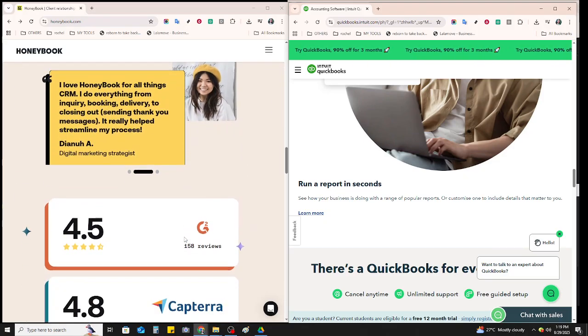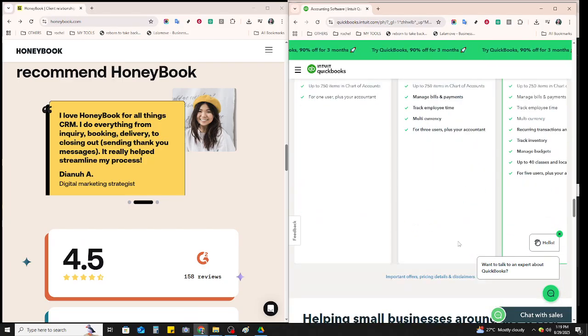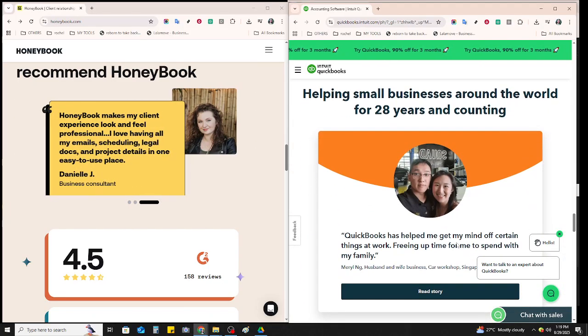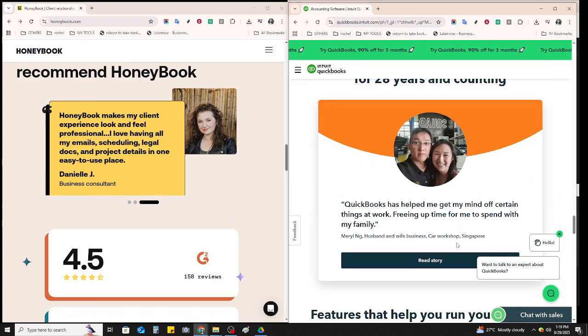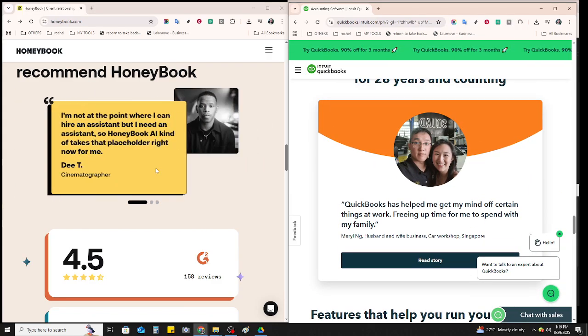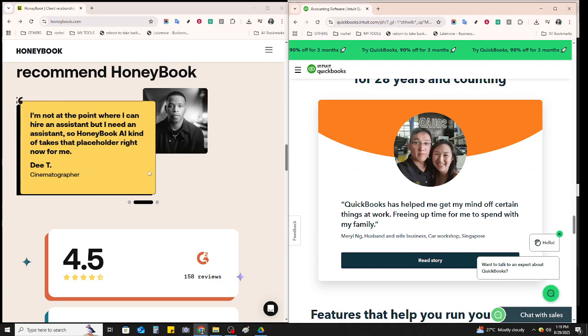it. Finally, let's touch on support and community. HoneyBook offers personalized and educational support, helping you along your journey with tailored assistance. QuickBooks is bolstered by strong documentation and forums, providing a robust community if you prefer self-guided learning through a vast